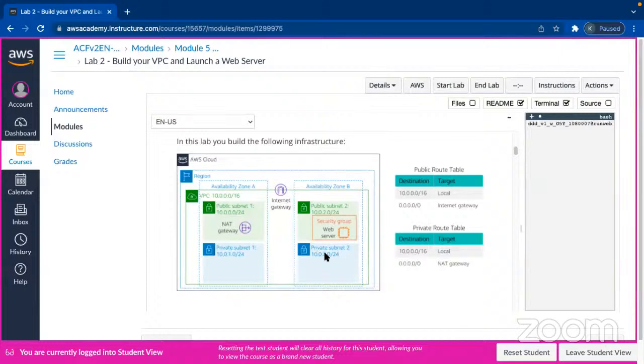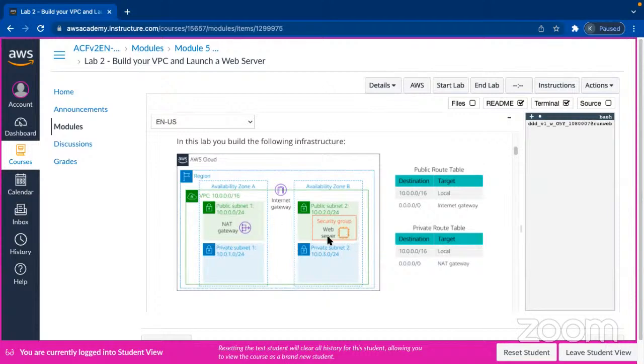Then you're going to have the private subnet 2 also. And you can see this one has the 0.0.0.0. This one will be having 10.0.1.0/24, 10.0.2.0/24. This is going to be 10.0.3.0/24. This is the table. This is a public route table that is /16, the VPC. The VPC is